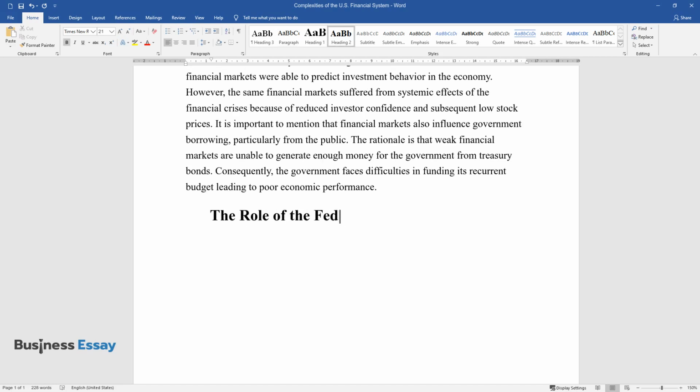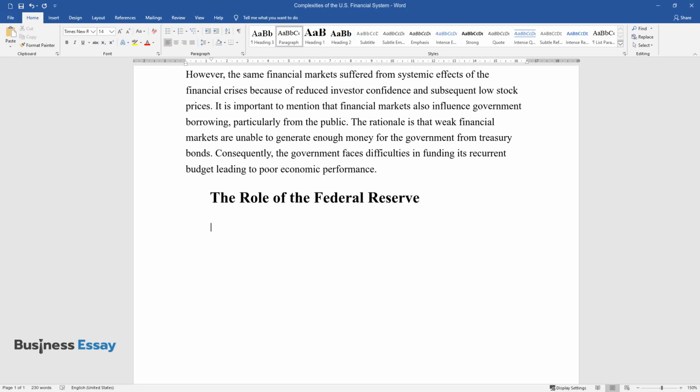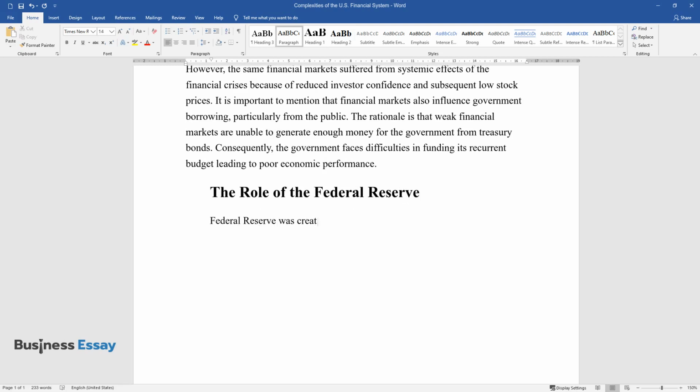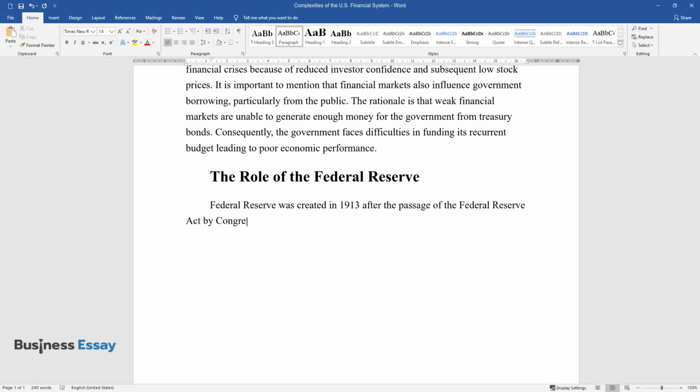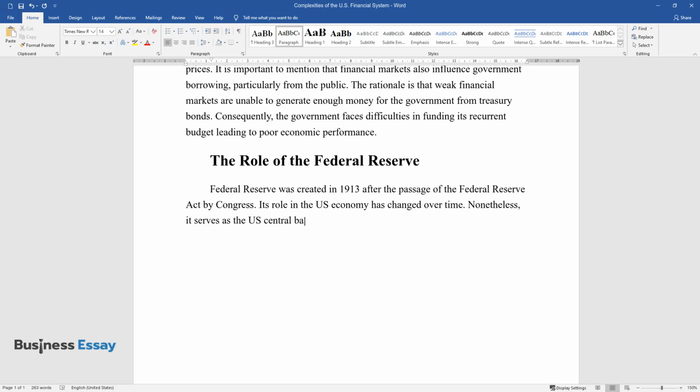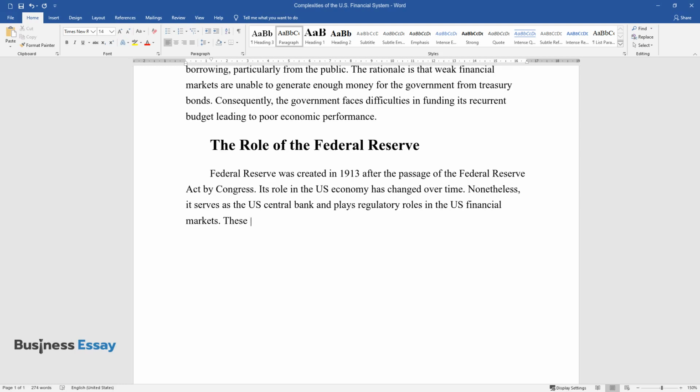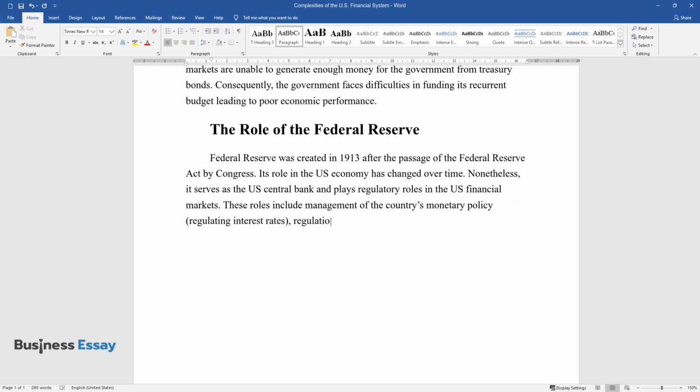The role of the Federal Reserve. The Federal Reserve was created in 1913 after the passage of the Federal Reserve Act by Congress. Its role in the U.S. economy has changed over time. Nonetheless, it serves as the U.S. central bank and plays regulatory roles in the U.S. financial markets. These roles include management of the country's monetary policy, regulating interest rates, regulation of banking institutions, as well